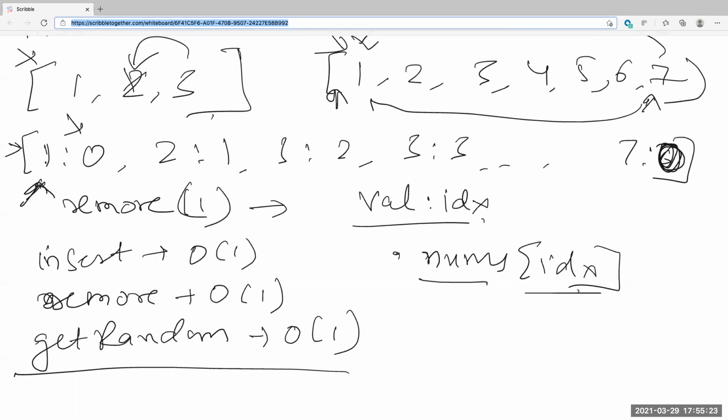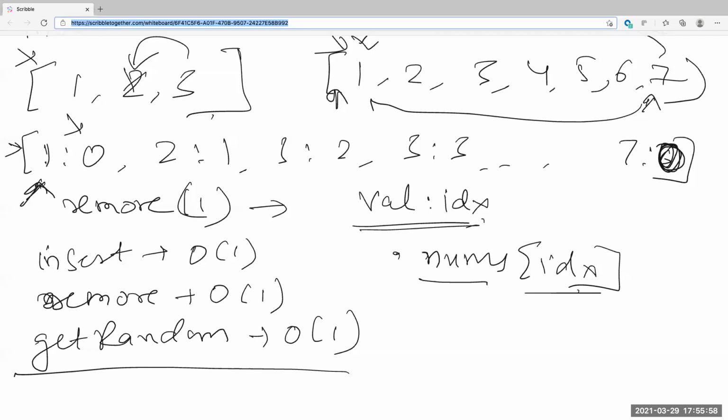No, get random will give an index of a number, and then nums at that random index will give you the value. I see. So that becomes O of 1. Okay, that makes sense why we are storing only distinct elements. So we are just returning any random index that we get out of the array, and that will be O of 1 because that's just looking up by index in the array. Got it. So the map is not playing a role in get random. No, the map isn't playing a role in get random.